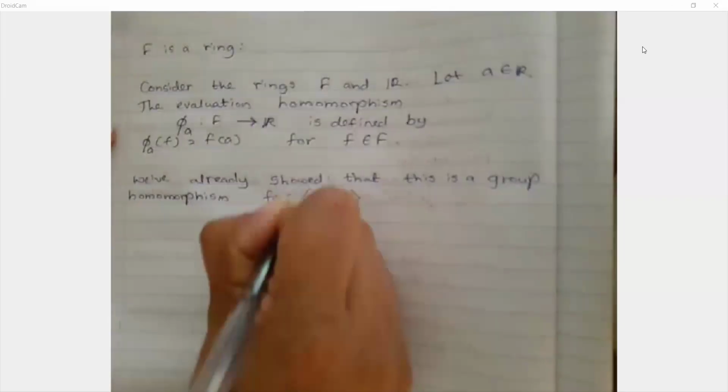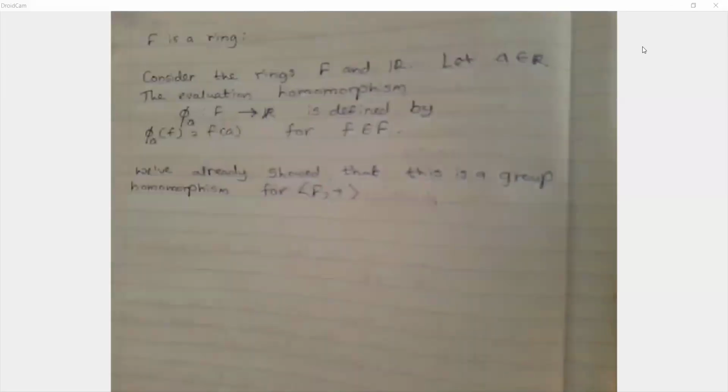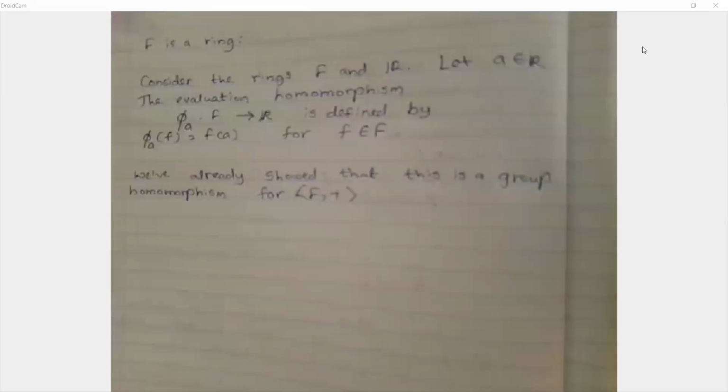So F under addition is a group homomorphism between F and R, let's put it that way. Now, to prove that the second condition holds, in order to show that it's a ring homomorphism,